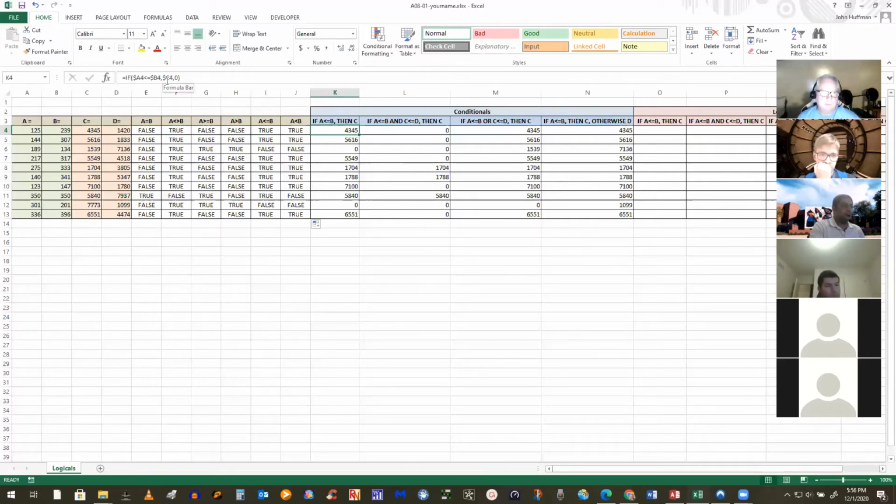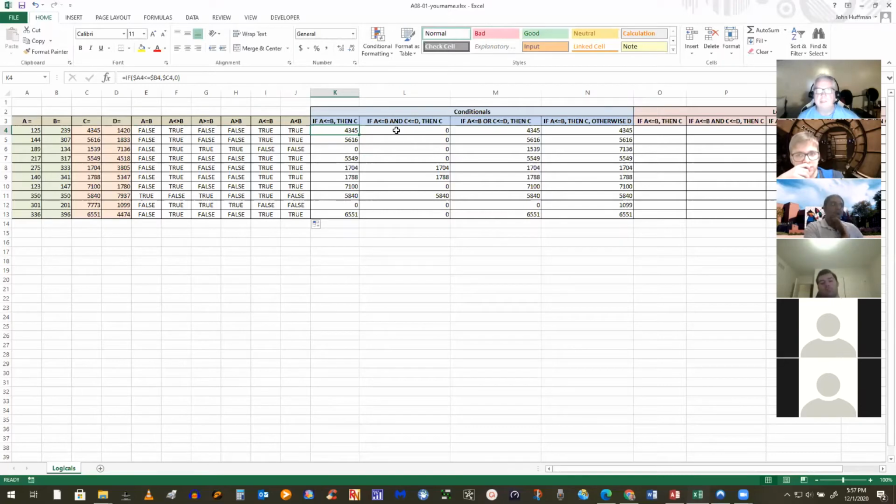The first parameter is the expression. Second parameter is what happens if it's true. It's whatever, and this could be a mathematical function. It could be anything, okay? And then this is what happens if it's false. I'm saying it's 0 in that case. So I go through that, and I just copied that equation down. Again, I made it relative, copied it down. And you can see the ones where A is less than or equal to B were true, all get the value of C, otherwise they get 0.